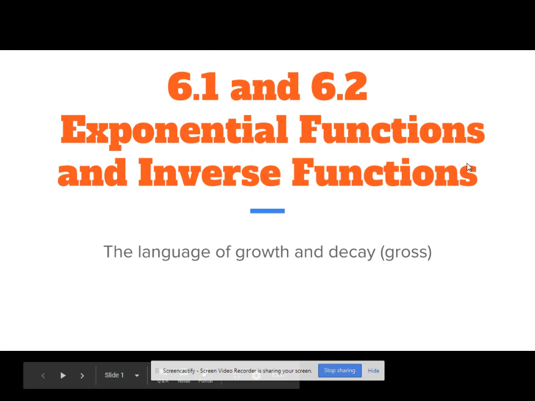In chapter 6, we're looking at exponential functions. We're going to talk about logarithms. I'll get to that later. Inverse functions. We're looking at kind of extending our idea of polynomials into what are called exponential functions and how